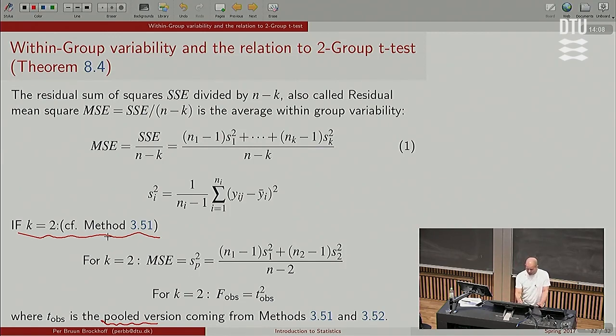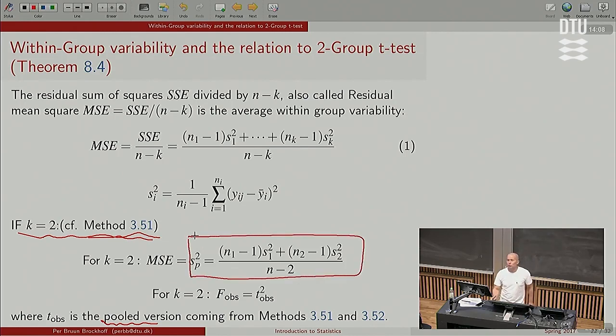In the pooled t-test back in chapter 3, we would compute what is known as the pooled variance, which is nothing more than the mean variance if the 2 group sample sizes are the same. So I have 2 groups, I compute one variance, I compute the other variance, and then I do the weighted average of those 2 variances. That is, if the n is the same in the 2 groups, it's just the average of the 2 variances. And then we learned back then, no we didn't, I'm telling you now,